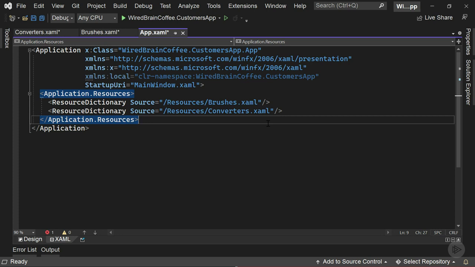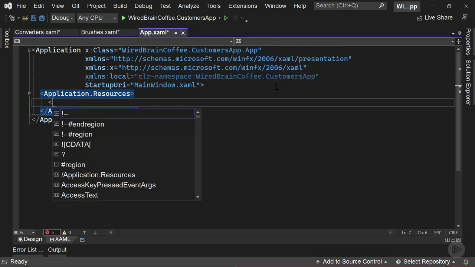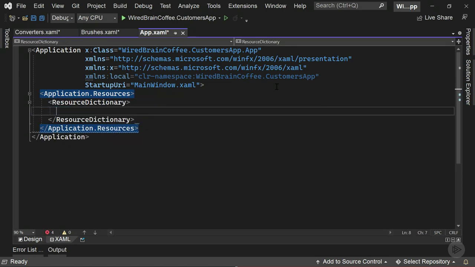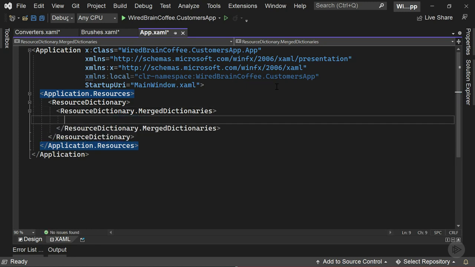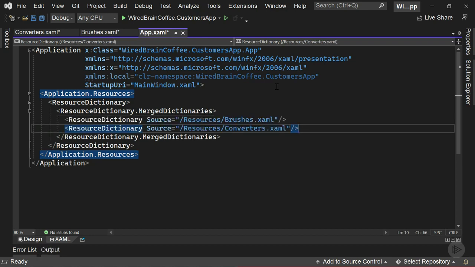single resource dictionary. So for now, let me cut these two resource dictionaries and define a new ResourceDictionary element. The ResourceDictionary has a MergedDictionaries property, and I use the property element syntax to set this property. Now I paste our two resource dictionaries into the MergedDictionaries property, and these two are merged now into that